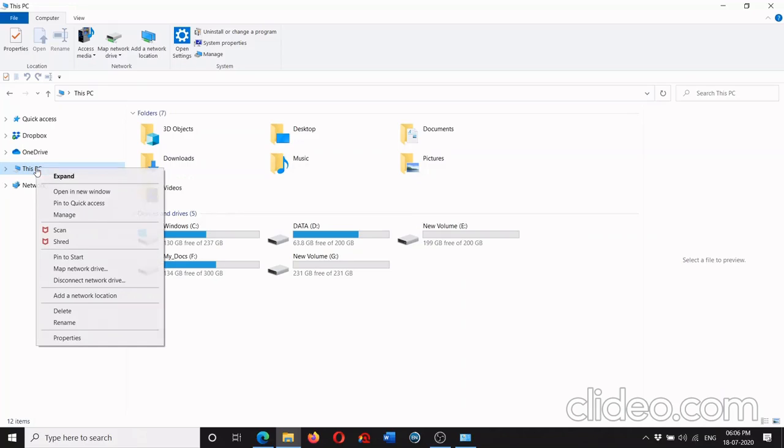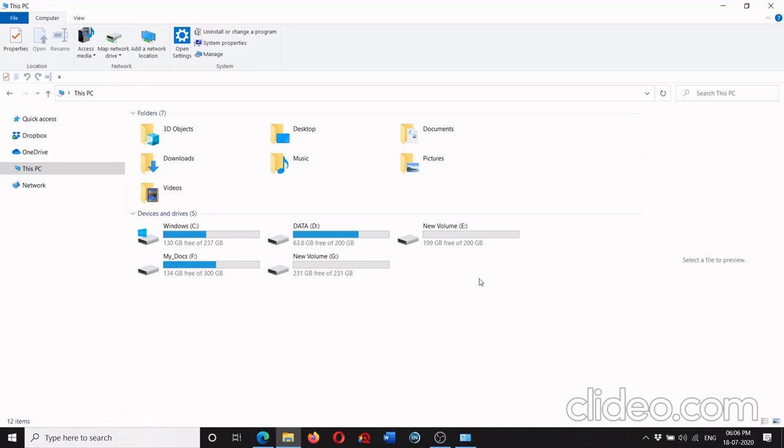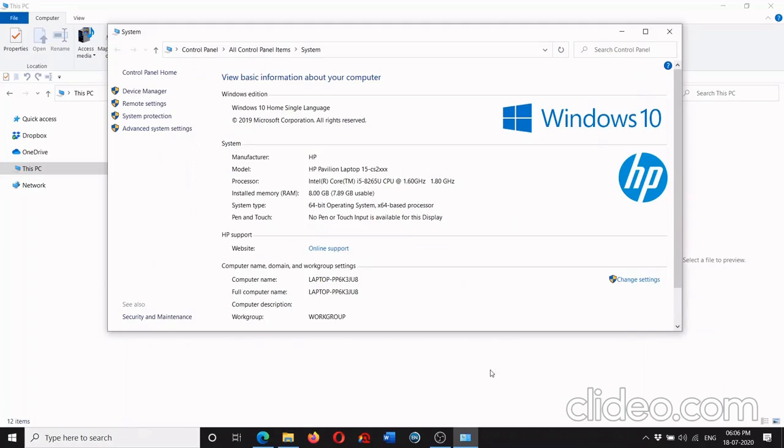Here you need to right click and there is an option called Properties, or alternatively you can click anywhere over here, right click, and you will have the option called Properties. Click on Properties. It will show you the system description. Here in system type you can see it's a 64-bit operating system, so it means I can use the QGIS installation file which is compatible with a 64-bit system. If it is 32-bit, then you have to install QGIS which is compatible with a 32-bit operating system.